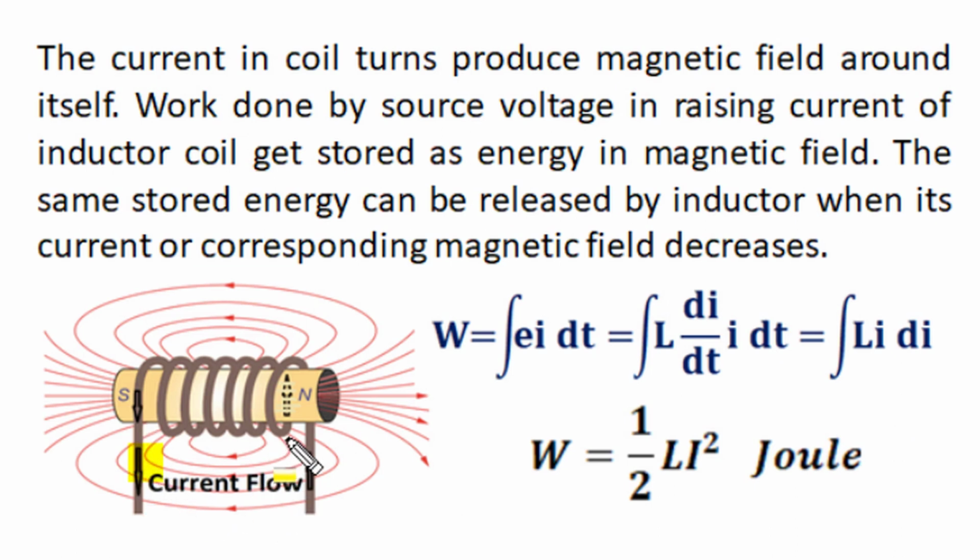Flow of current in a coil configuration produces a magnetic field around it, and if this current is time varying, and to maintain time rate of change of current, we have to apply a